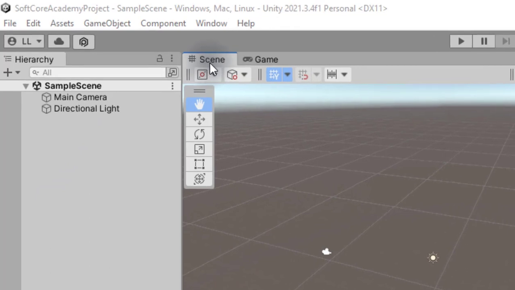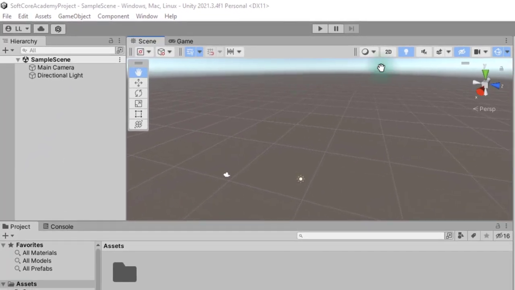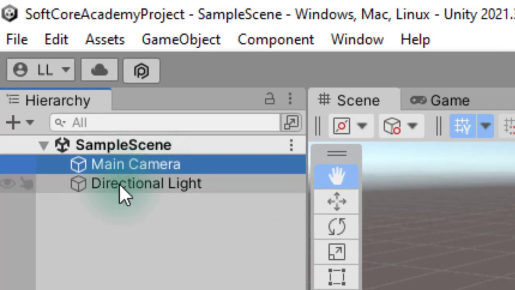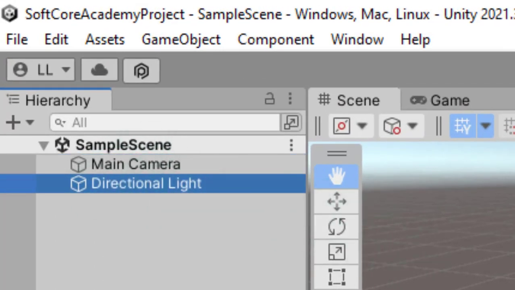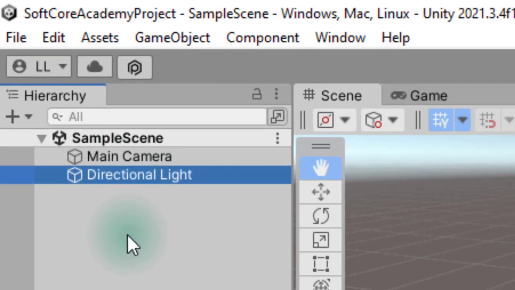See, here we have a scene window. Here the scene is being shown. This scene part is basically used to design your game graphical user interface. That is, the GUI of the game we will design here. When we create a new project, by default it will create two components, main camera and directional light. So these are the two main components that are created by default.